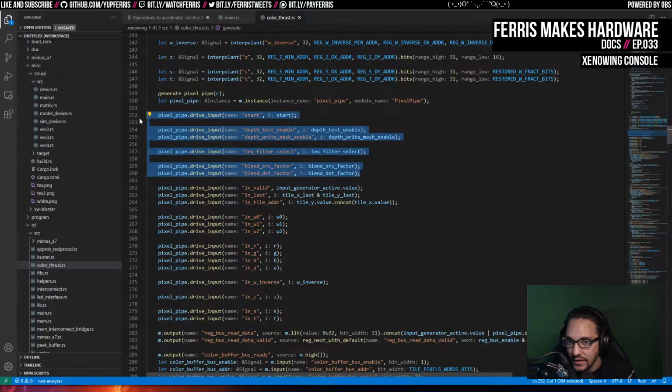But yeah, these are the configuration signals. There's not that many. In fact, these are really the ones. Depth test enable, depth write mask enable, filter select. Oh yeah, that's nearest or bilinear. And then you have blend, source, and depth factors. All of these basically translate to mux controls. And then these are all the interpolant inputs to the pixel pipe. And then there's also these additional control signals that go through the pipe and are all delayed through the pipe as well. So you have whether or not the input data is actually valid,